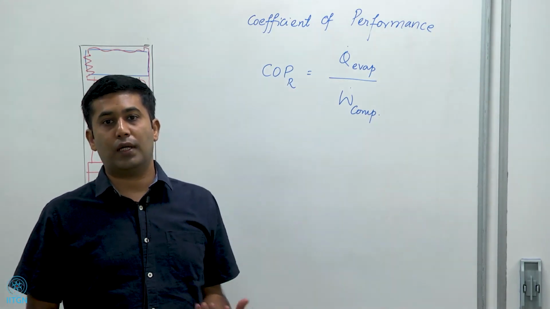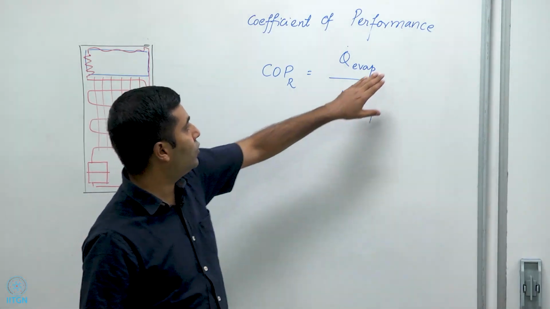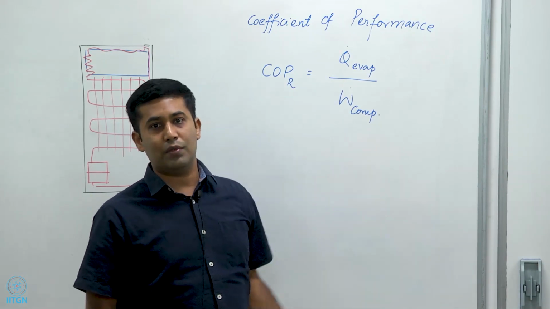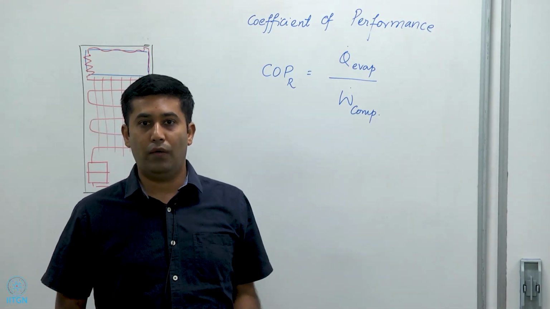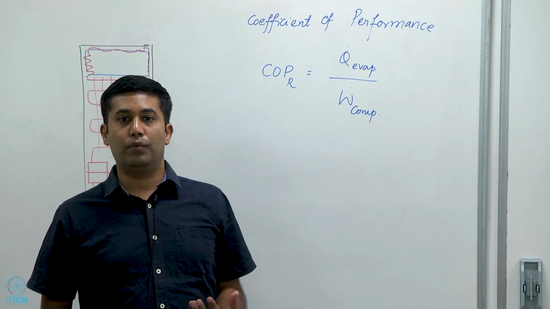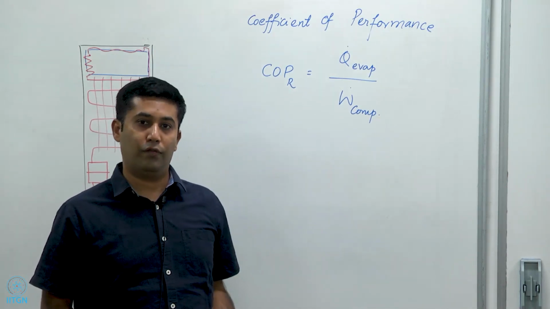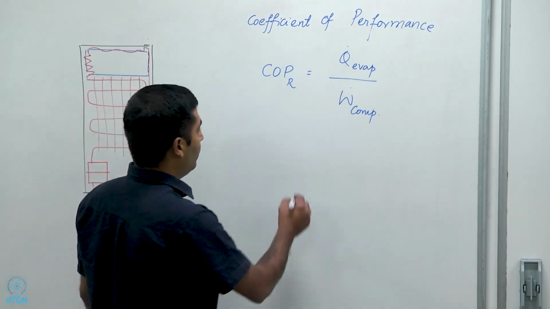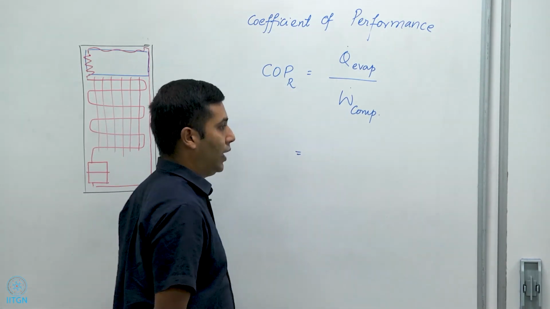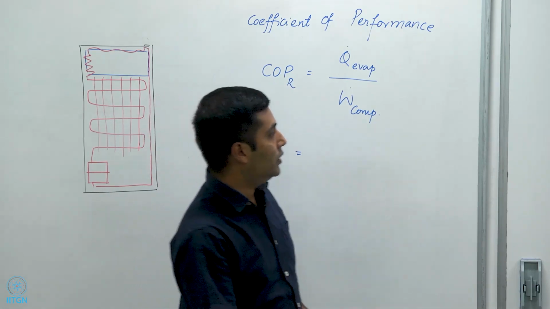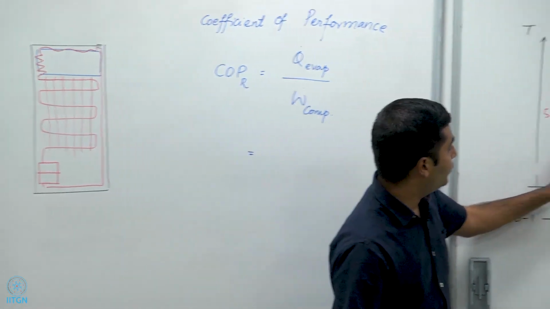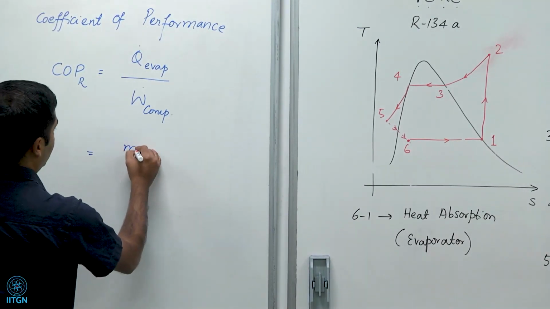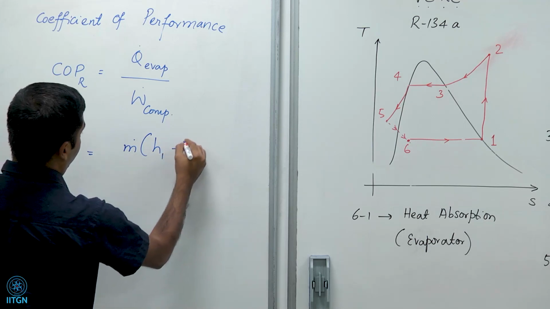If this were a heat pump, we would have done Q dot condenser divided by W dot compressor, because the same cycle can also be used as a heat pump. However, the definition of COP would be different for a heat pump as opposed to a refrigerator. So we'll continue, and Q dot evaporator, just as we saw with the Rankine cycle, is the heat absorbed from 6 to 1, and we can write that as m dot times (H1 minus H6),